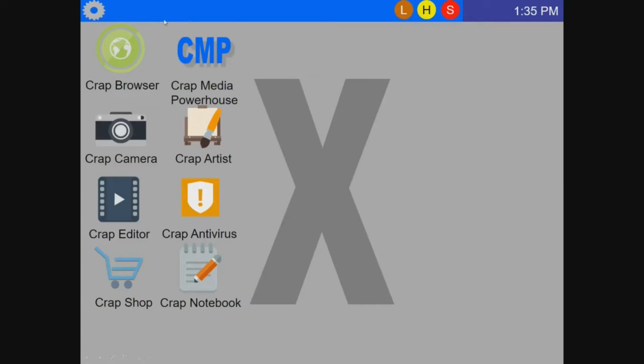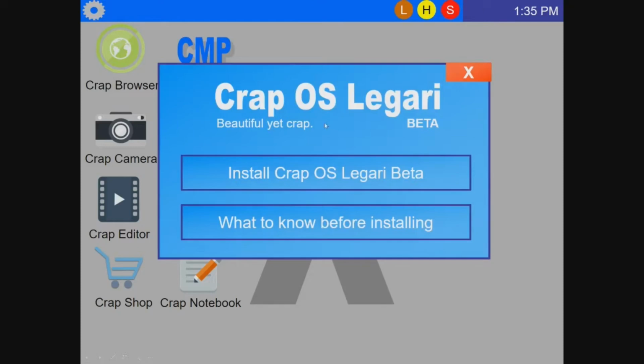Anyways, as you can see, this is CrapOS X, but it looks a bit ugly. It just looks so flat and ugly. Well, today we are installing CrapOS Legari Beta. This is actually beta version 1.1. What happened to beta 1.0, I'll explain that later, but